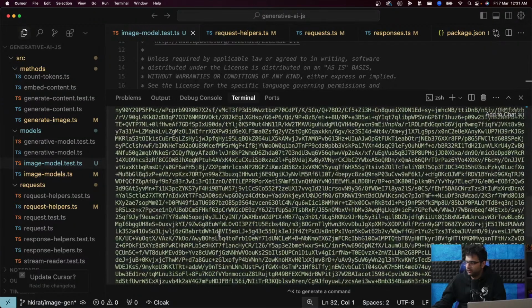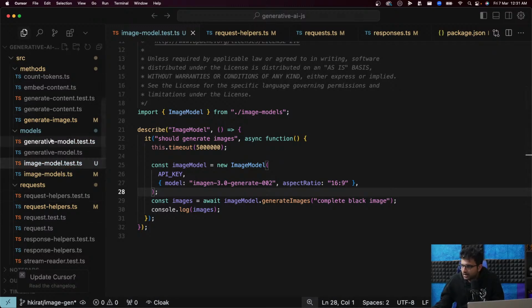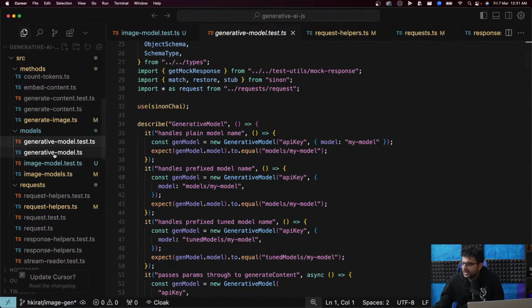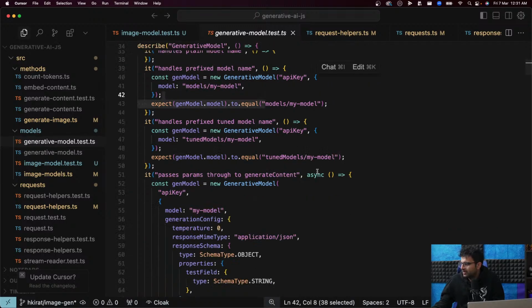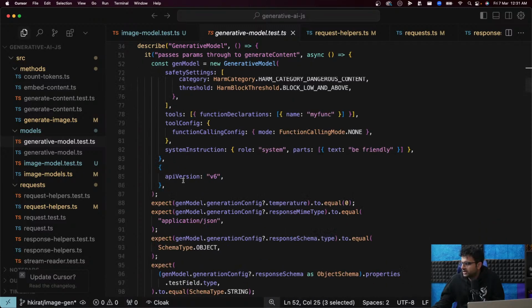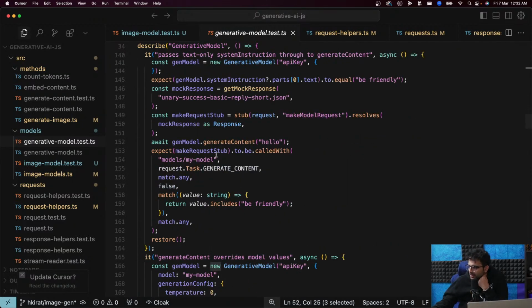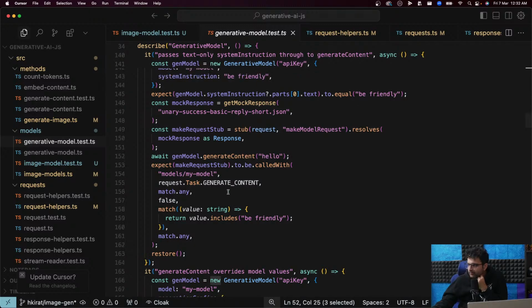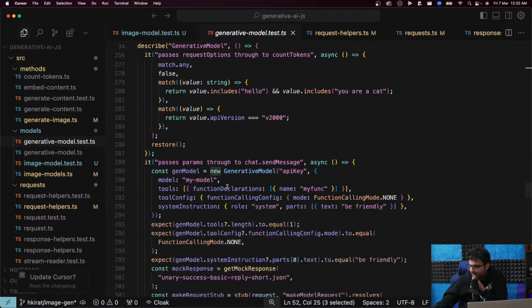MIME type image. So now we just have to write the tests. I've written a dumb test right now, which is actually hitting the thing. We don't want that. We just need to see how they're running tests here, what's happening in generate content, and the same thing we can do on our side. So a lot of this is just dumb tests, and generative model, generative config, a bunch of things. Are we ever mocking data? We are. I've seen that. Actually, we might not. Let's see. Is there a mock somewhere?